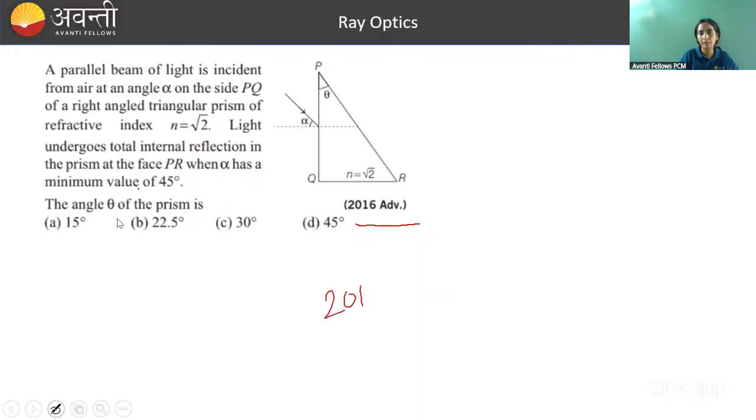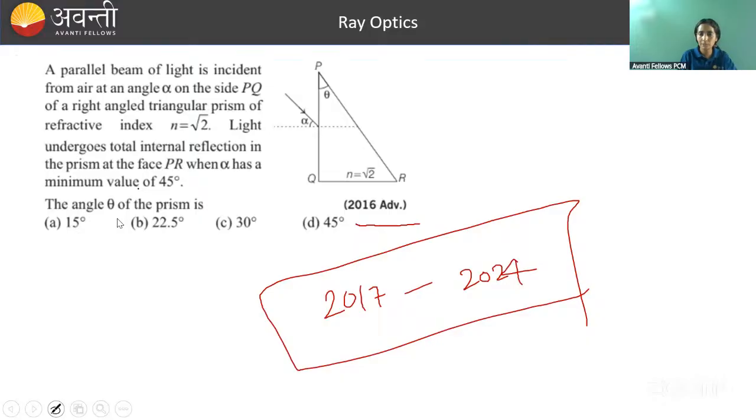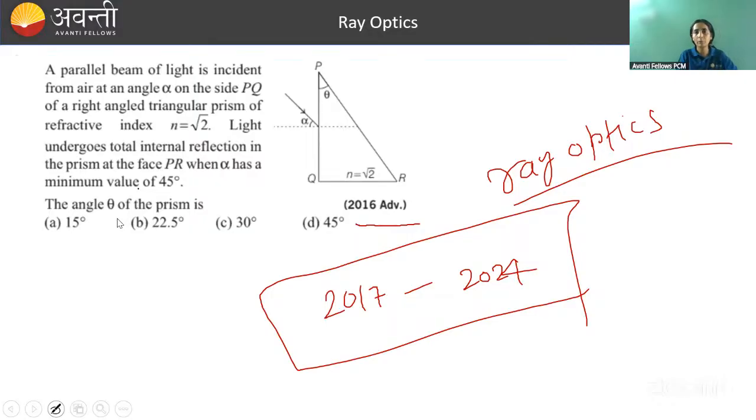तो तुम्हारा task क्या है ना, तुम लोग 2017 से लेकर 2024 तक का whatever questions are there, everyone must be having a question bank, so just pick up questions from ray optics, क्योंकि wave optics we will be doing separately. Do all the questions, that will also make you revise all the formulas and all the concepts, and also that will add to your wisdom of how to do questions from ray optics. So it's very very mandatory that you solve all the questions from PYQs, so तुम लोग कर लेना।